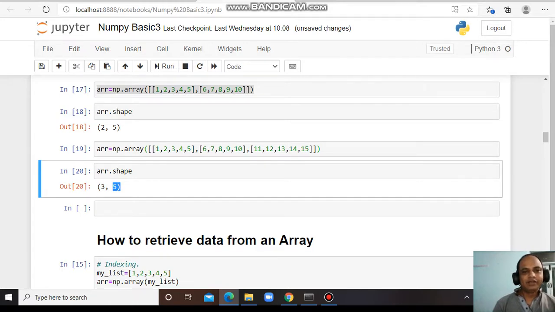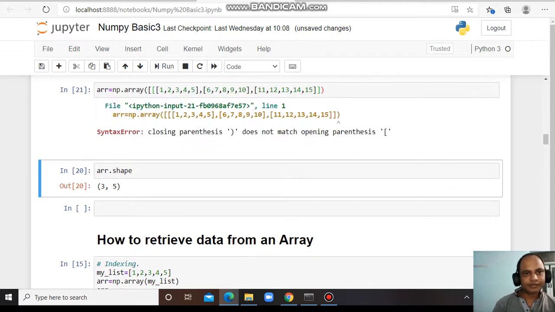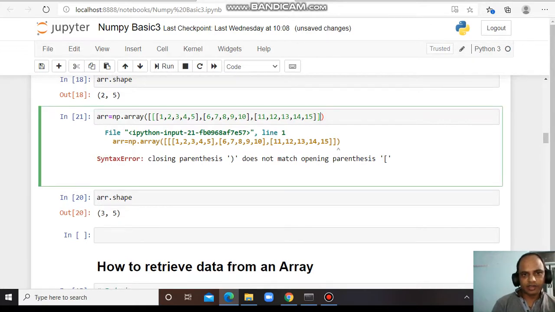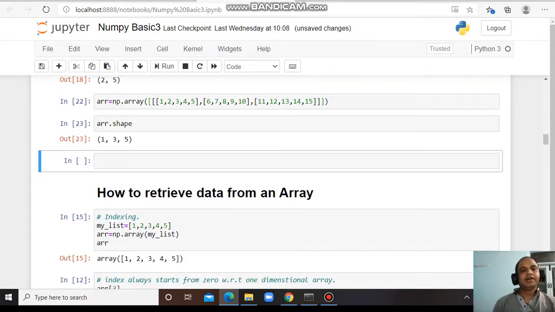Okay, and if I want to make a three-dimensional array, then you need to put another square bracket here. Another square bracket here. And if I run this one, this is a three-dimensional array.